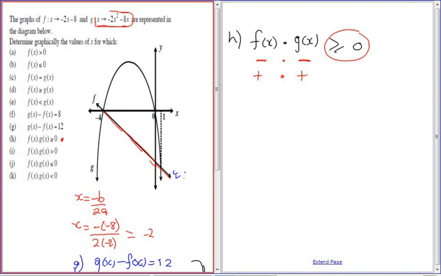When is g of x negative? Let me look for it. It is negative here. And it is also negative this side. I'm just going to highlight that part. When it's negative here, this side, that one, the problem is that one is positive. So I highlighted it in blue. Well, this whole part,